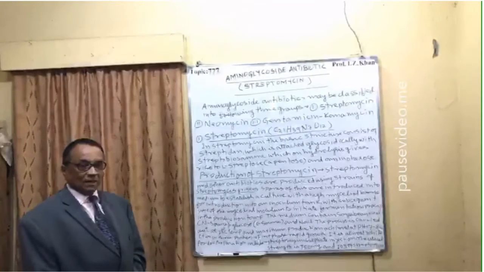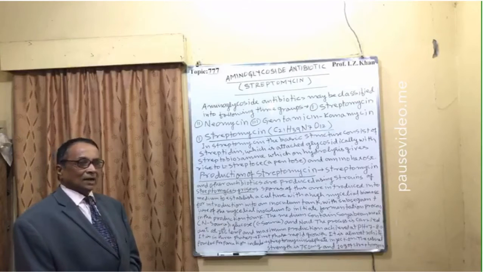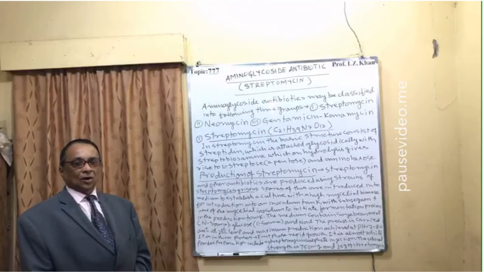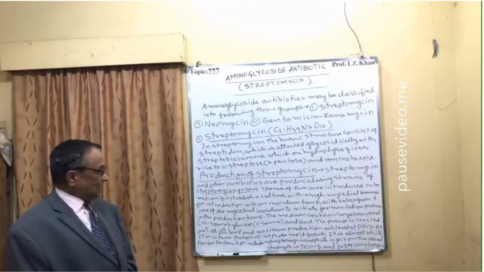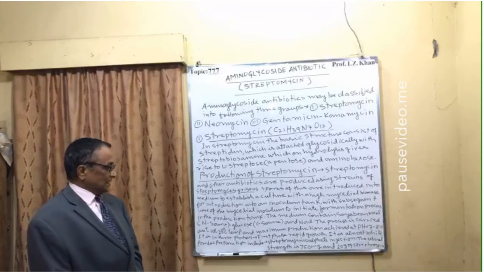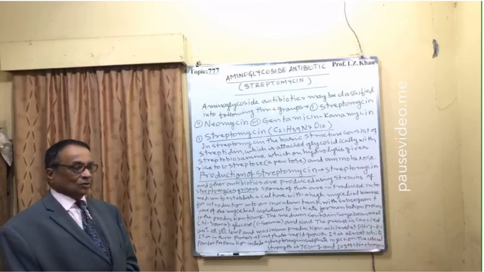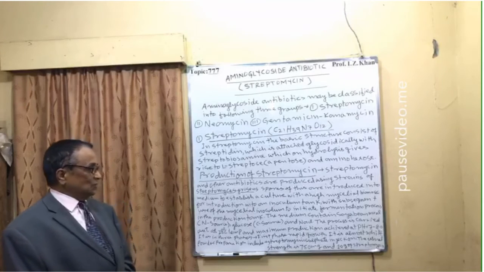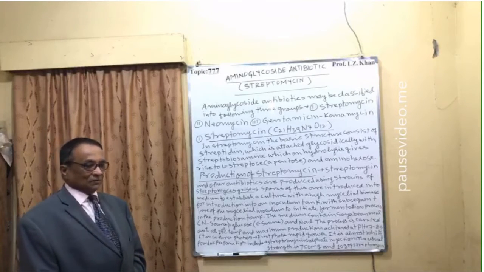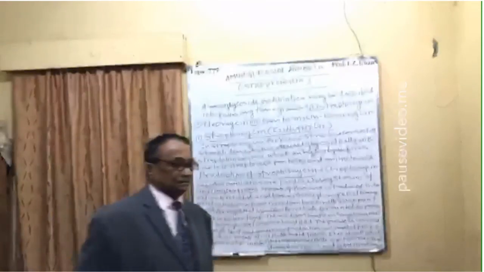And in this way it is all collected, and it is almost yellowish in color, or we can say white in color, and it is converted into streptomycin sulfate salt. This salt is highly soluble in water, and it is in the form of injection, and the usual strength is 750 mg and 1 gram of streptomycin.